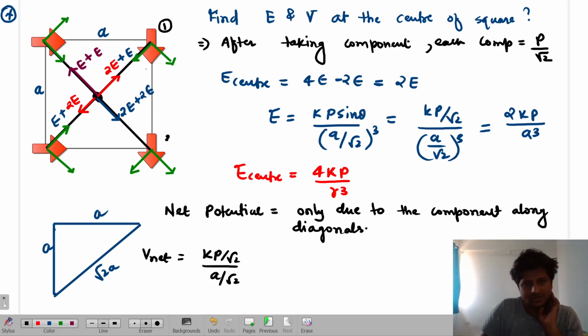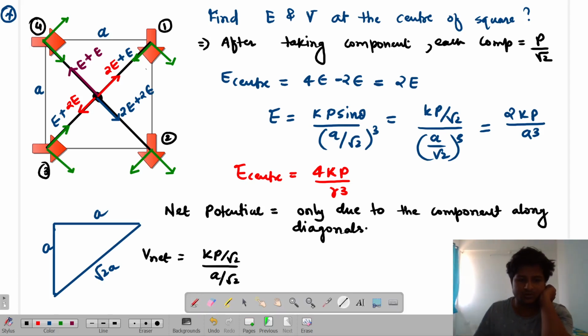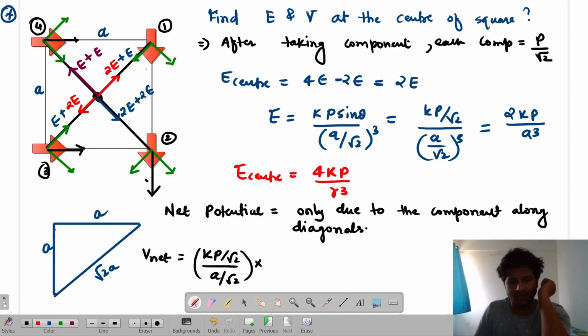Consider this as first, second, third, fourth. Now look over here. If this is my dipole like this way, and R vector is toward this side, so what is this angle? Acute or obtuse? For this dipole, the angle is once again acute. For this dipole, the angle is once again acute. So for three cases, I have an acute angle. So this component will be thrice minus 1, the acute one, which is Kp by root 2 by